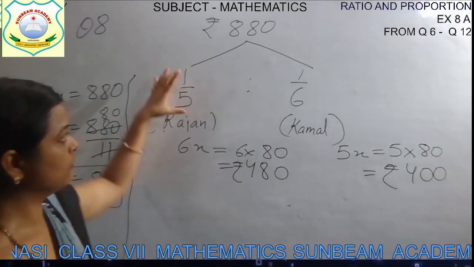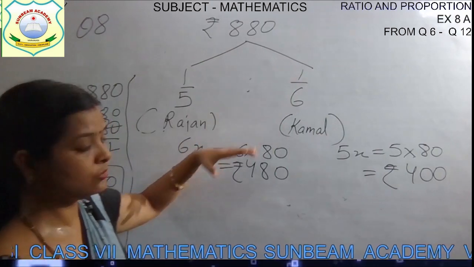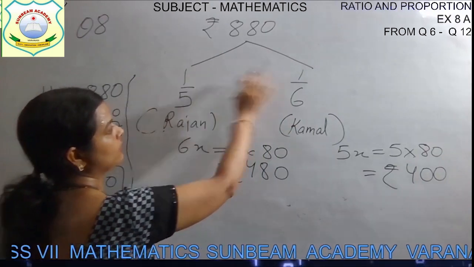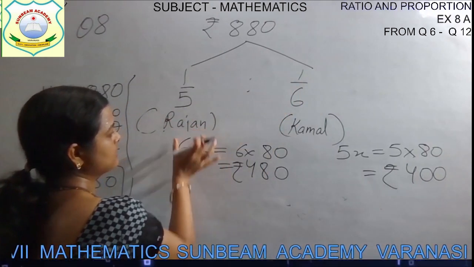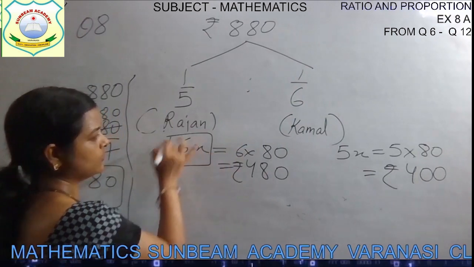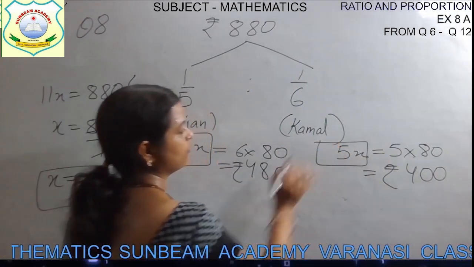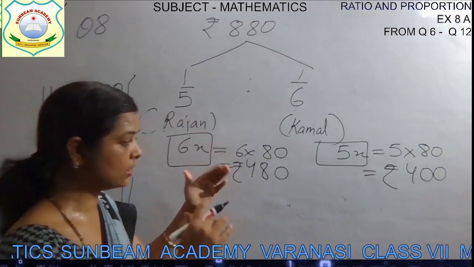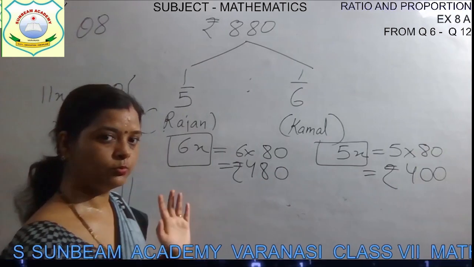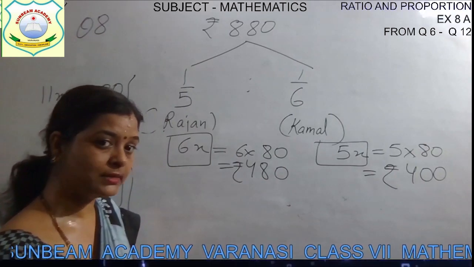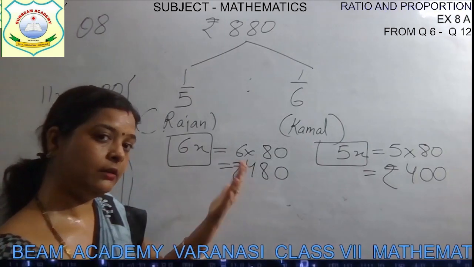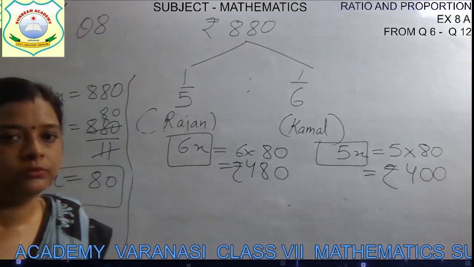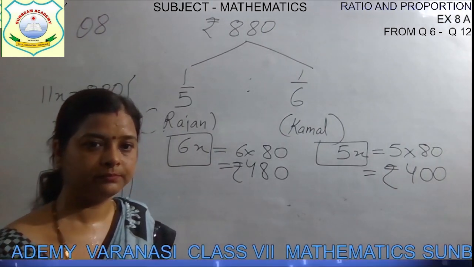Okay. First convert the fractional ratios into simpler ratio. So I have converted by taking the LCM and multiplying it on both sides. We obtained Rajan ratio as 6x and Kamal ratio as 5x. It will increase in same order. That's why x will multiply to both the ratios, because ratio always increases either in numerator or in denominator in the same order. Okay. Now children, let's solve another question.